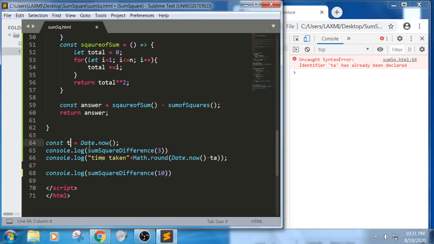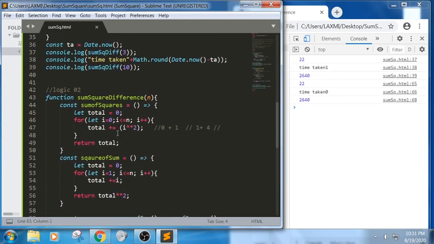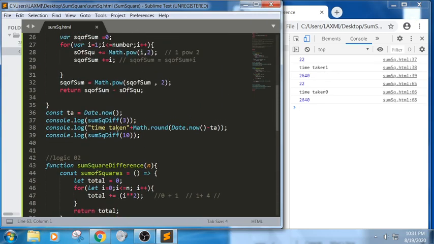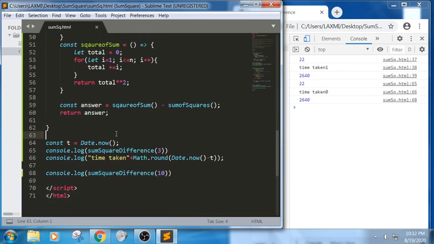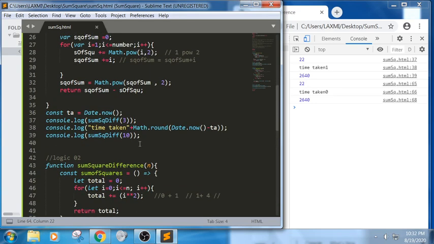So ta is already defined here, right? So let me take t. Line number 38 has taken the time as 1 millisecond, whereas for line 66 it has taken 0, a very small amount of time. In the sense, we can also use performance for accuracy, in order to check which function is performing better. So this is how we have done the sum of squares